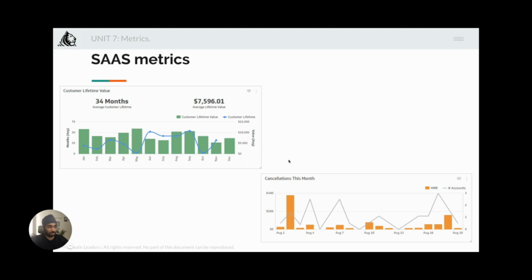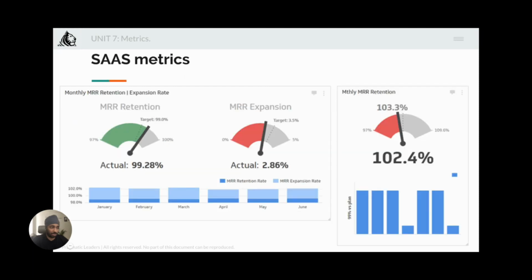But as you can imagine, you cannot optimize for every single thing. What you will typically end up doing is you will try to identify for this quarter which of these metrics is a top priority. Do we need to look at expanding, that is, market share? Then most likely you're looking for MRR expansion, because that matters the most. Are you able to expand your entire audience base or not?